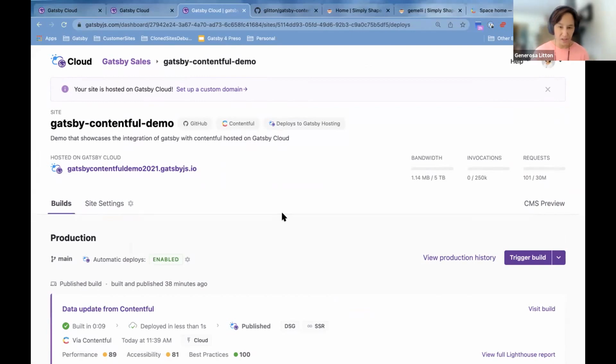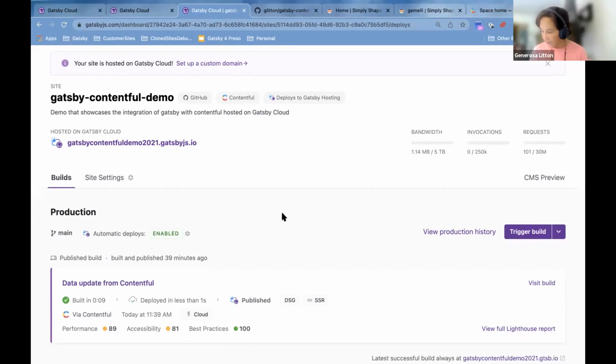So a lot of times developers are interested in Gatsby Cloud and they want to understand, hey, I already have GitHub or I already use other systems. What's in it for me? Why should I use Gatsby Cloud? Well, first and foremost, Gatsby Cloud is built with the Gatsby framework. So the performance and runtime and the build time is going to be the best it's going to be. But other than that, in addition, Gatsby Cloud makes your developer productivity better.